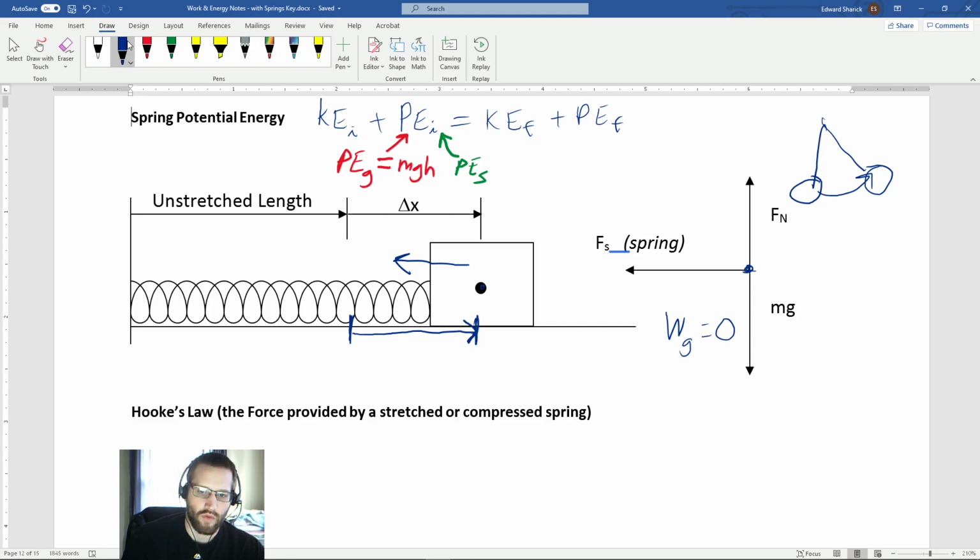When we let this thing go, it's going to oscillate. This force is going to apply a velocity to this thing, so it's going to start moving to the left with some velocity. But as it gets back to its unstretched length, as the box returns to this point right here where it was unstretched,